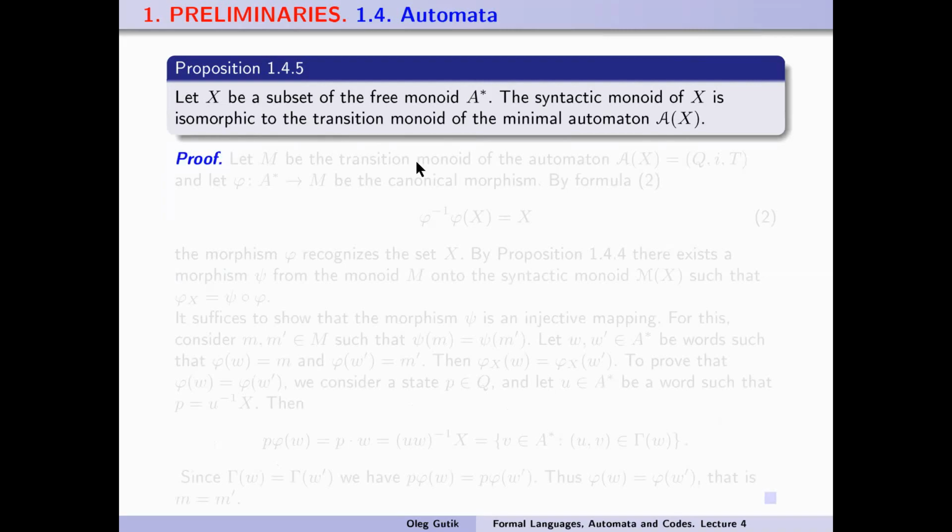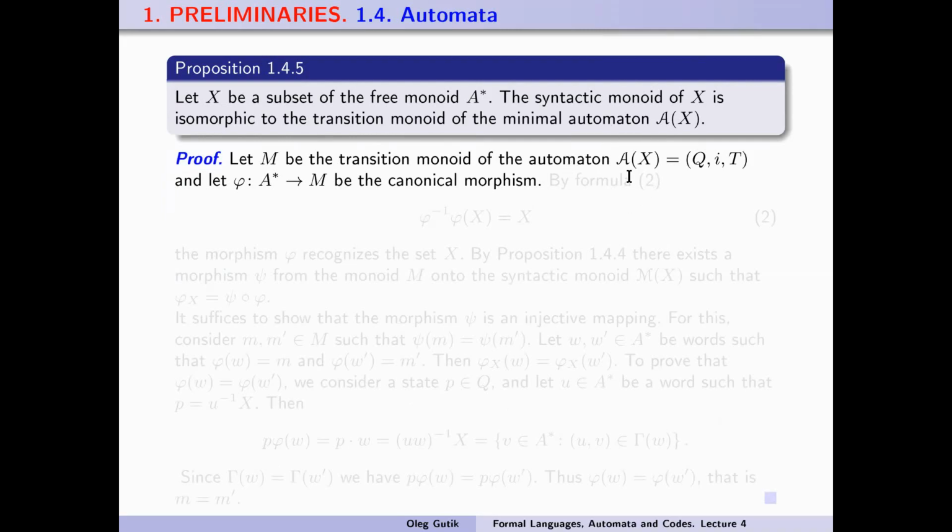We shall prove this proposition. Let M be the transition monoid of the automaton 𝒜(X) with the set of states Q, where the initial state set consists of a single element, and the terminal states are denoted by T, and let φ be the canonical morphism from the free monoid A* to the monoid M. By the formula,